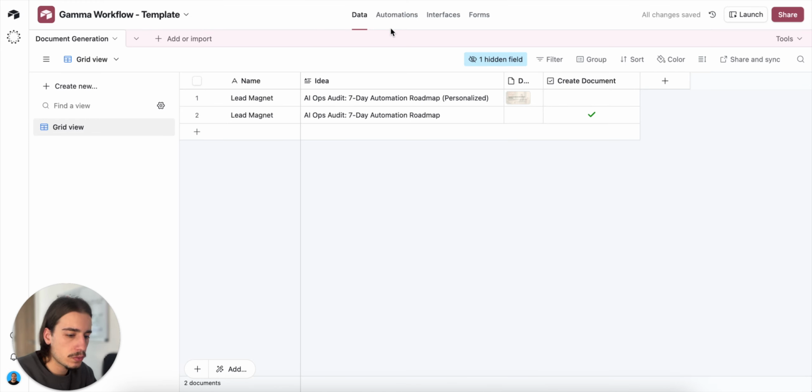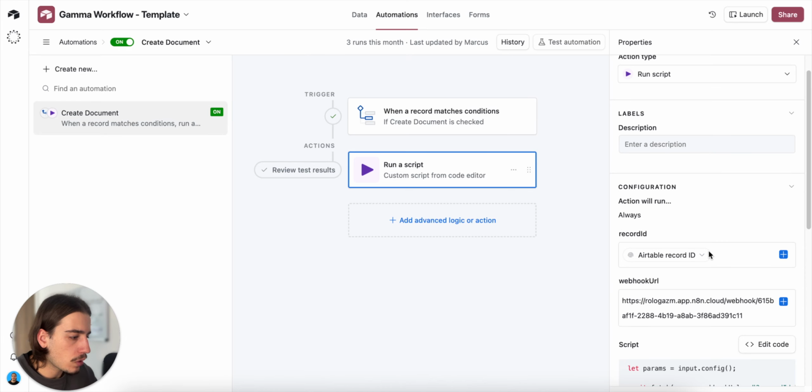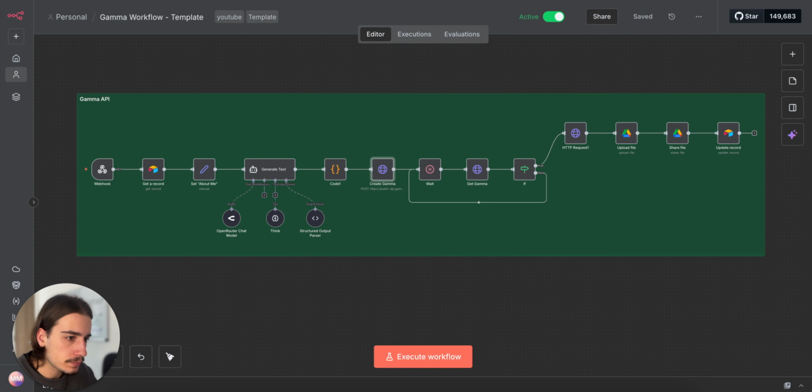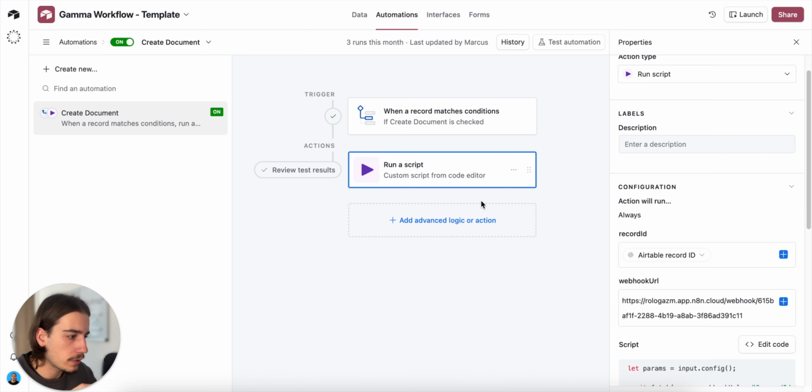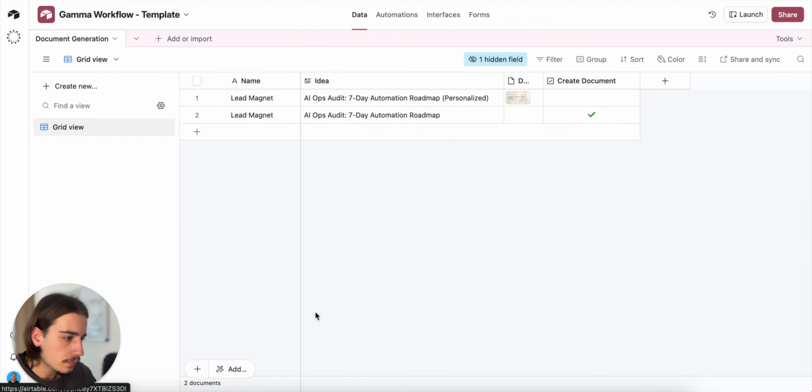Again, when you download the template, a very important thing that I forgot to mention earlier is that you're going to want to grab your webhook URL from this webhook here. Come on here, grab your webhook URL, and then just come and drop it into this webhook URL section within the automations tab on the Airtable database. Cool. So while that's running,